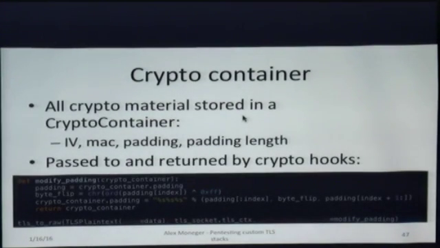So all this stuff, there's an abstraction called a crypto container, which is just an object which holds a reference to the key and to the MAC, the padding, and the padding length. And if you look at the tiny snippet below,